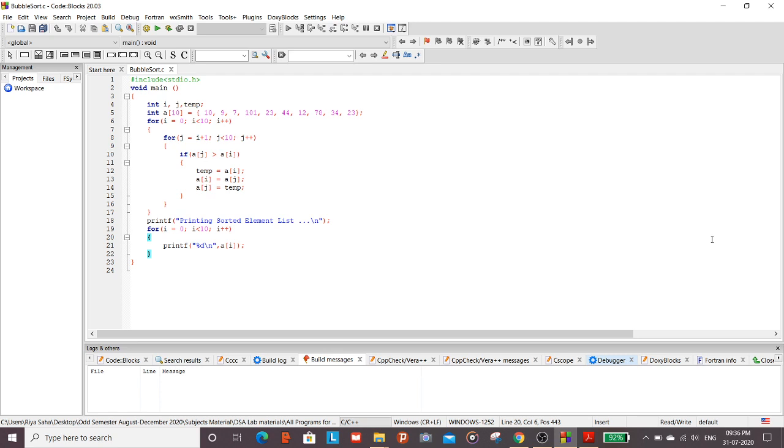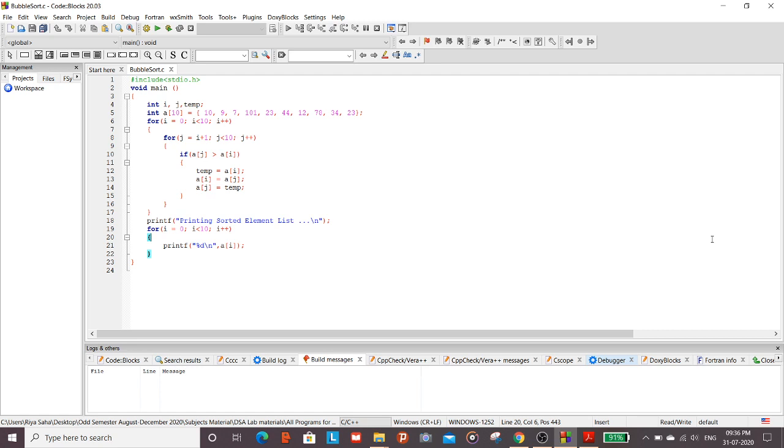In pass 2, the same process. Array of 0 is compared with array of 1, array of 1 is compared with array of 2, and at the end of pass 2, the second largest element of the list is placed at the second highest index of the list. In this way, in pass n minus 1, the process is the same.